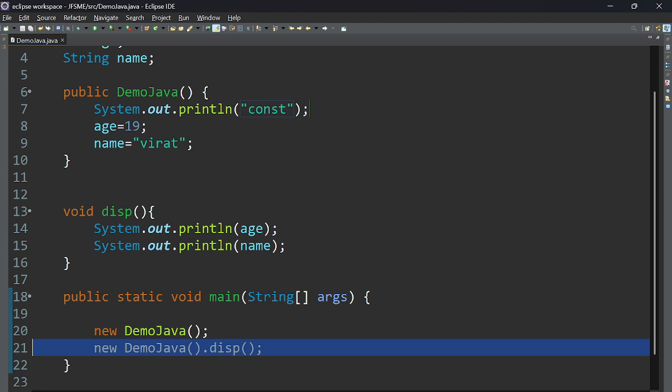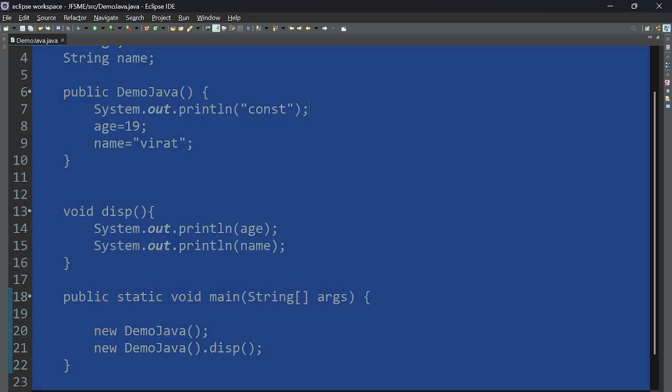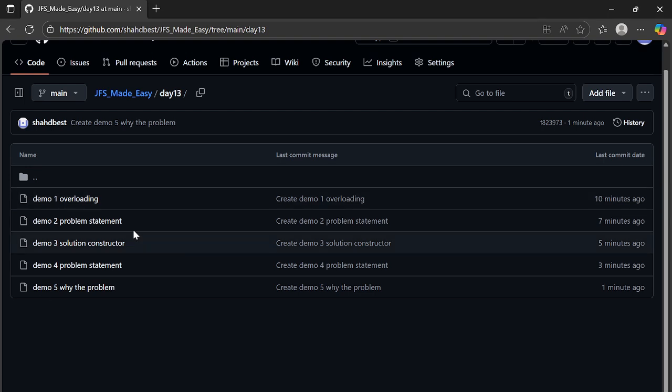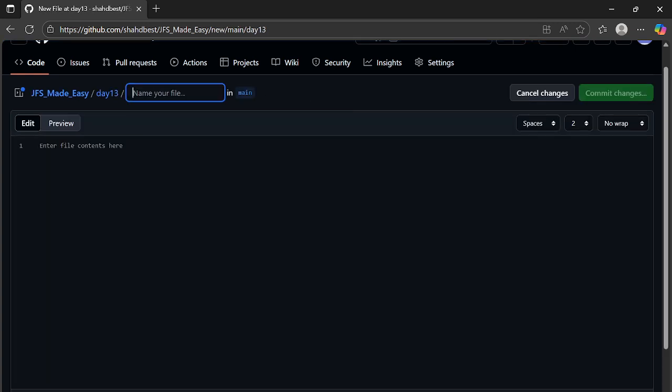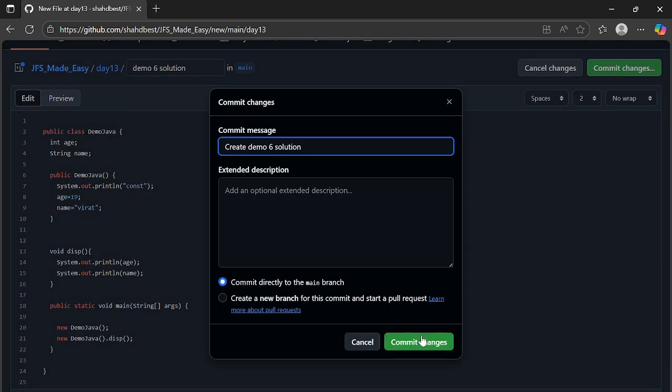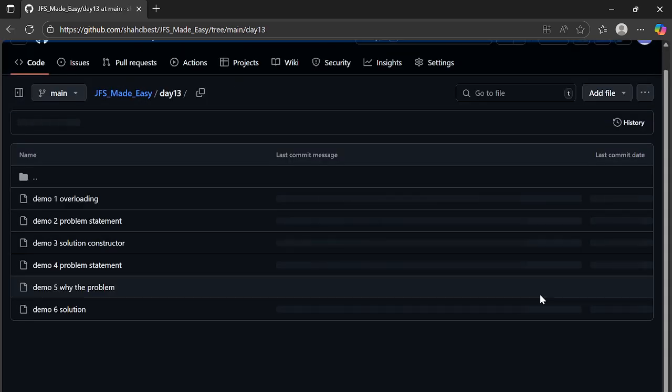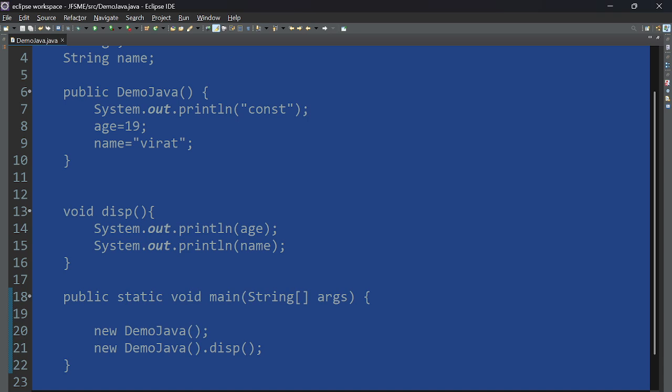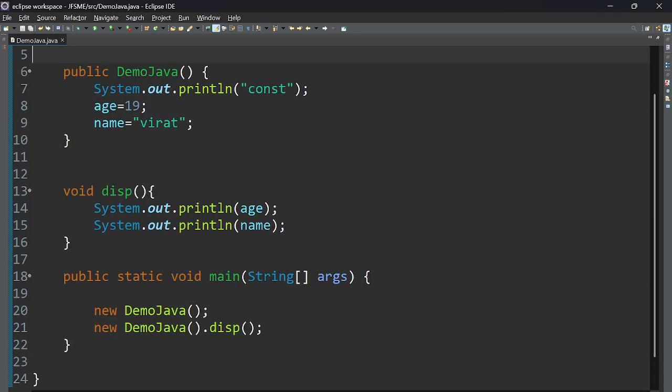For this also a new object is created. So I hope the concept is clear: the problem statement, why the problem has occurred, and what is the solution for that. So always use the one-liner wherever you don't need the reference to the objects before. Okay, so I hope that is completely clear to you, why object references will be required when referring to the methods of